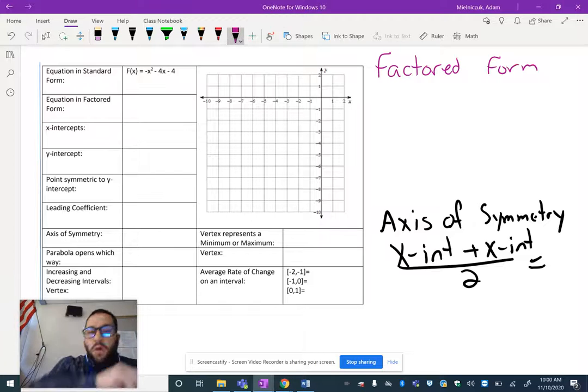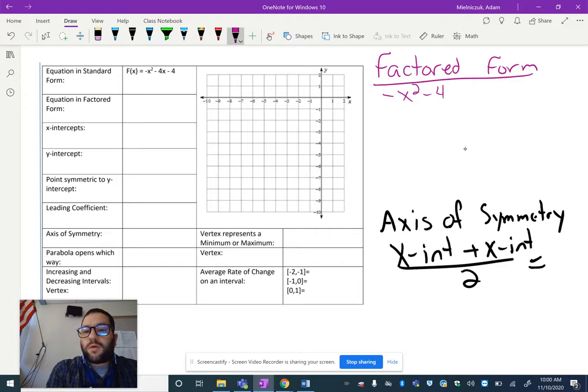Here we have f of x equals negative x squared minus 4x minus 4, and we want to find the equation in factored form. So to find it in factored form, we have negative x squared minus 4x minus 4. The first thing we want to do is pull out that negative 1 to rewrite as